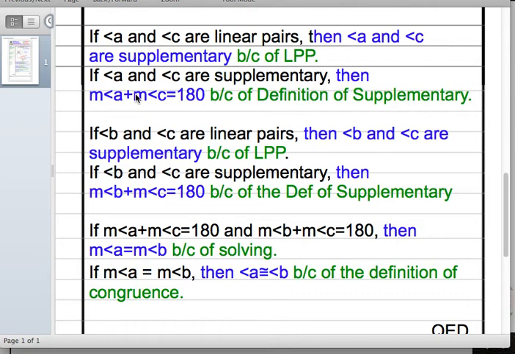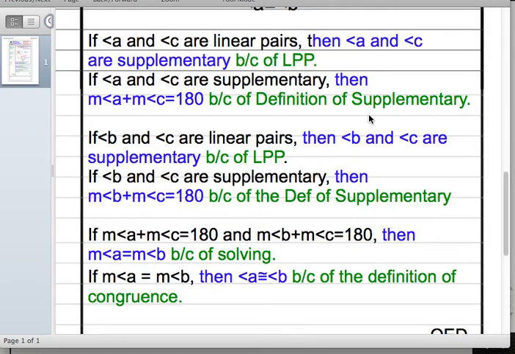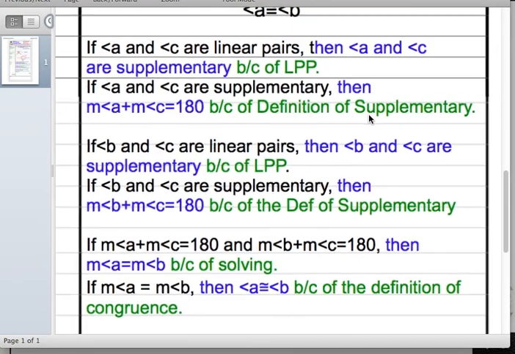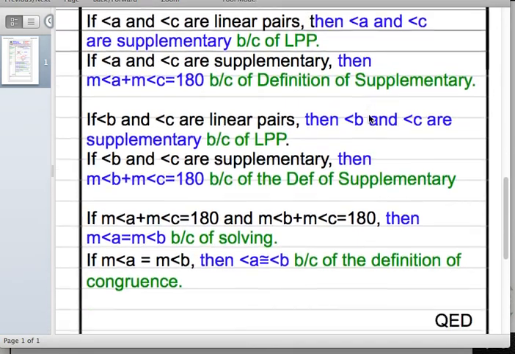And if angle A and angle C were supplementary, then angle A plus angle C would equal 180 because of the definition of supplementary. And then the guy'd be like, "Yeah." So paragraph proofs are very conversational. They're extremely sophisticated. They're the type of proof you'll encounter if you take a mathematics course in college, because this is how mathematical textbooks are actually written. It's nice. It's a little bit repetitive. It's a lot to write,